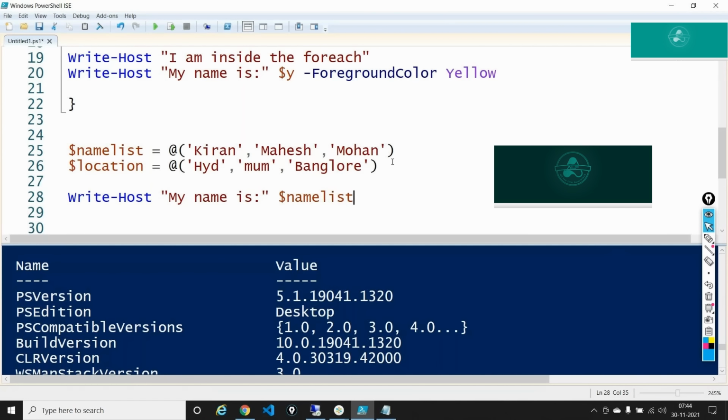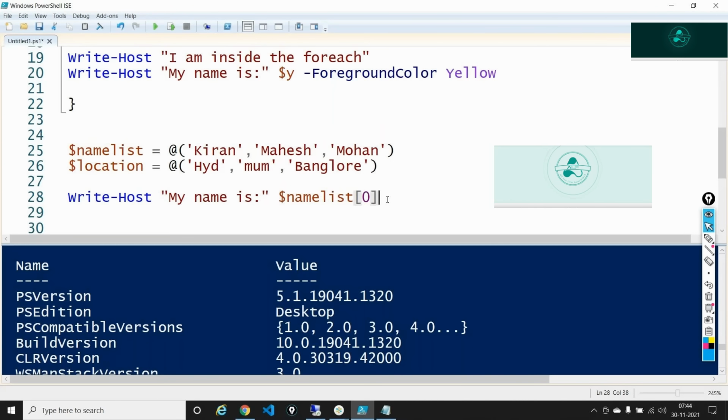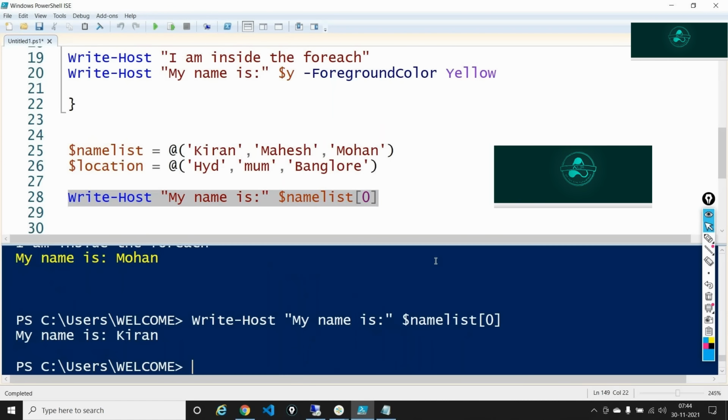I know that the first value is stored in an index known as 0. How do I index into the list? I open up a square bracket and say 0. If I just execute this line right now,